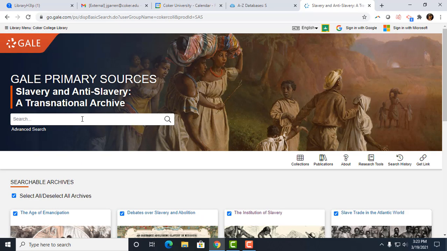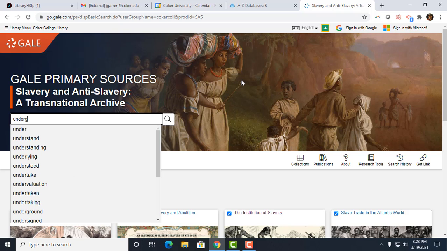One of the easiest ways is to just search within this box here. You really don't need to do an advanced search. I think the advanced search in this database just muddies the results a little too much. I think it's better to leave it a little broader. But in this case, we're just going to do a very basic